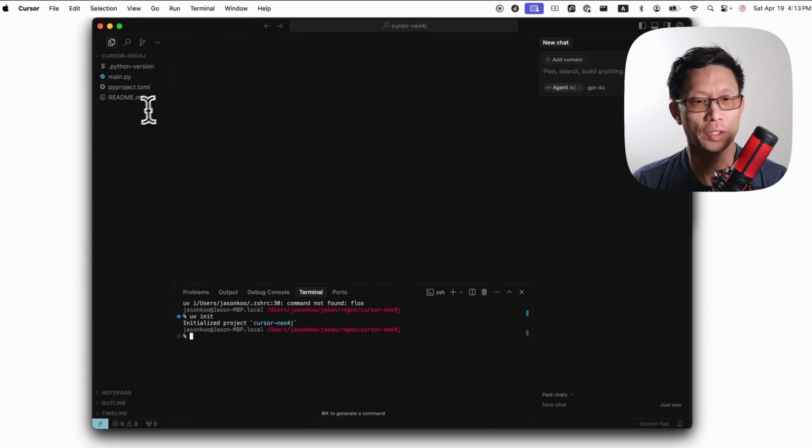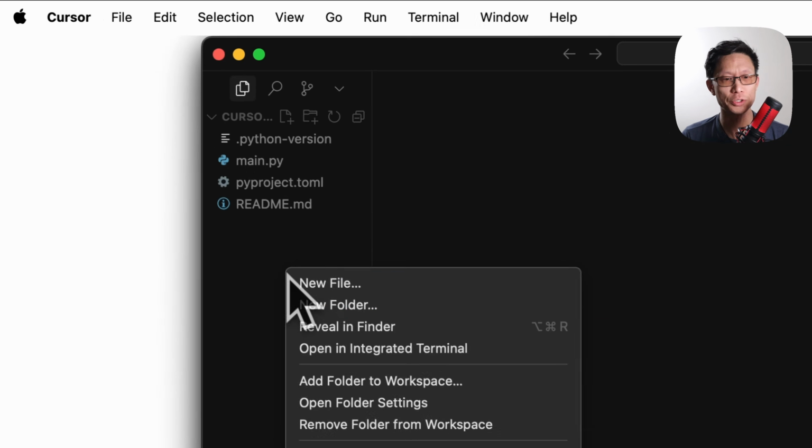Okay, so if you want to add an MCP server to Cursor, you'll actually have two options. You can put it locally so that only the project makes use of those servers, or you could put it globally. Alright, so for the first option for projects, to do this, what you have to do is create a